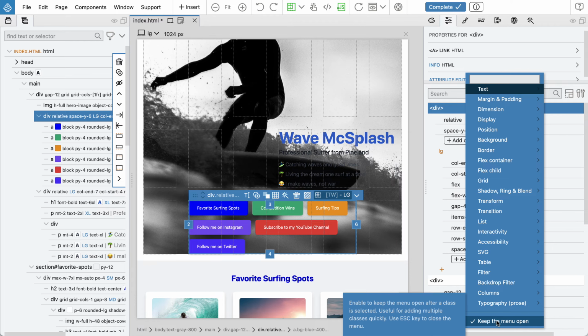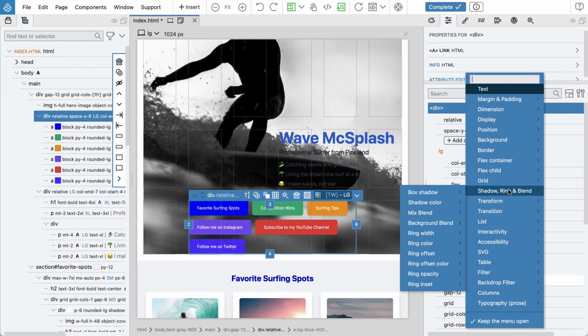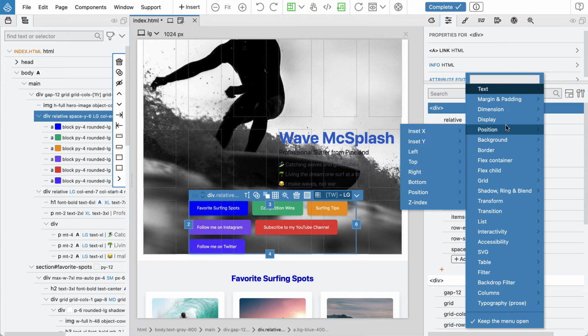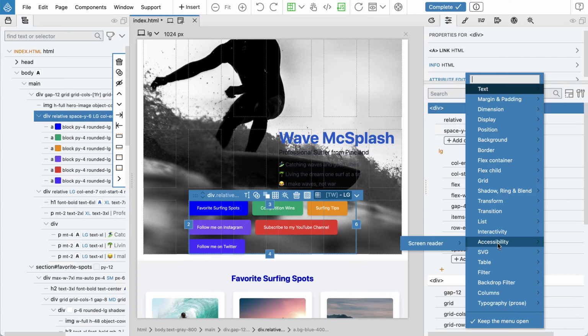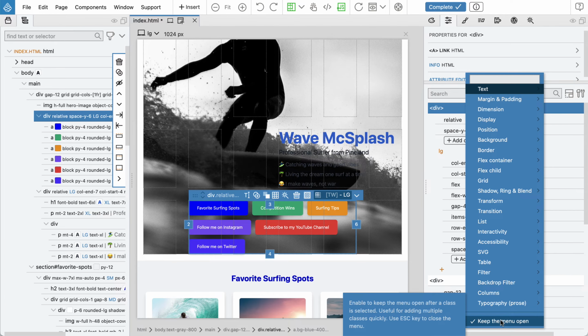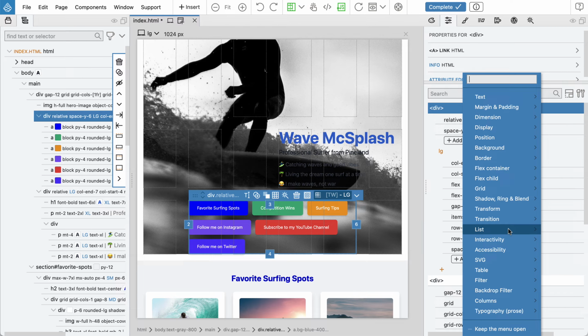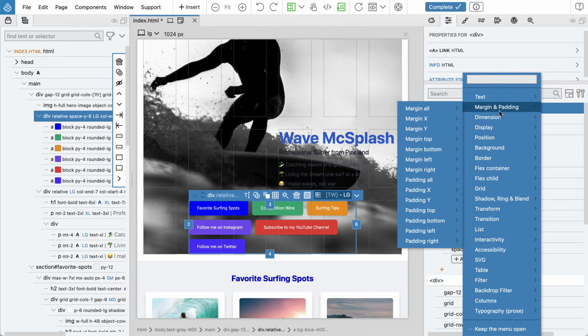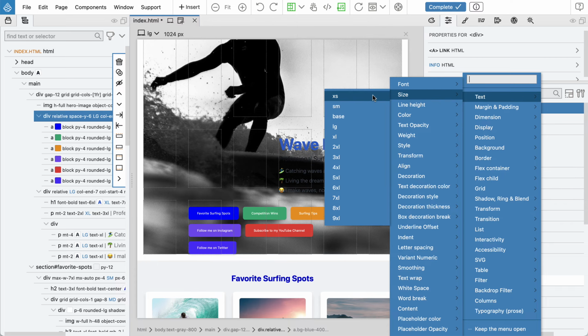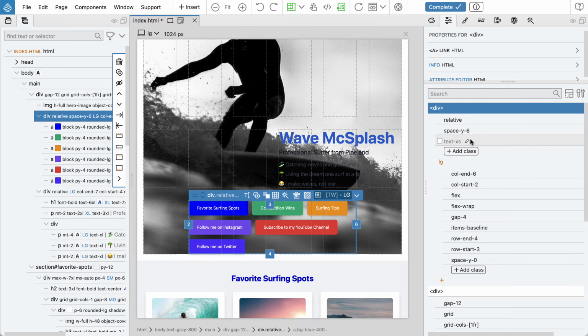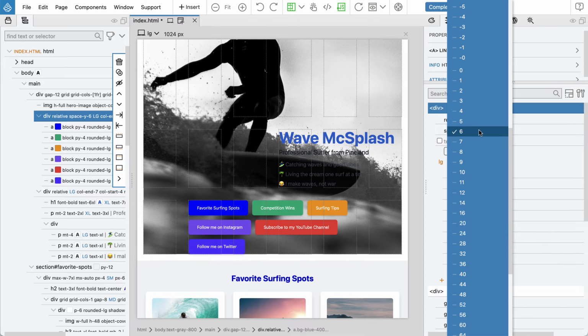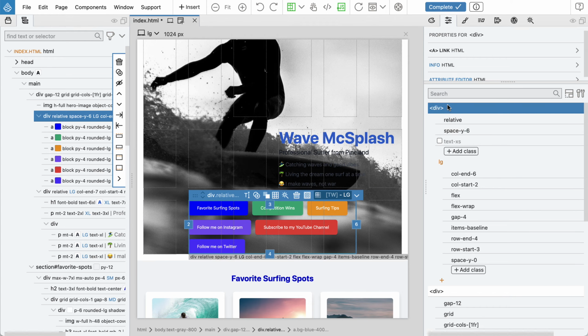And I have this option, keep the menu open, active. So whenever I choose something, the menu stays open so that I can quickly go and find new properties. But by default, this is off. Now it's off, so I'll just show you. When we set a property, then the menu closes completely. So okay, now we have this space-y-6 on all sizes, and on large we turn this off by setting